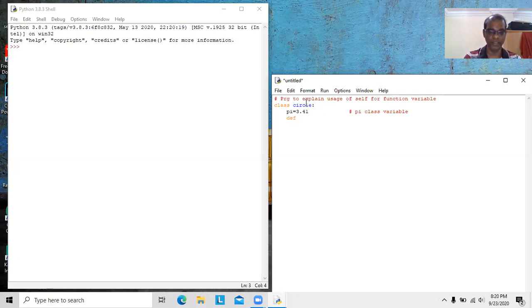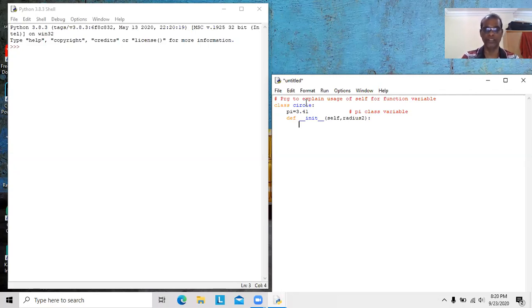Then I would like to define one constructor here. Constructor we already studied in the previous lesson. So self as well as radius. While studying the previous lesson, a constructor is a special method which is automatically executed when the object is created. It is used to initialize the value for the class variable as well as function variable.